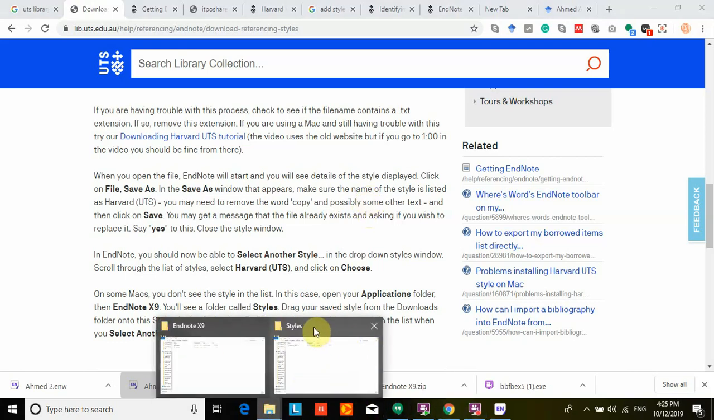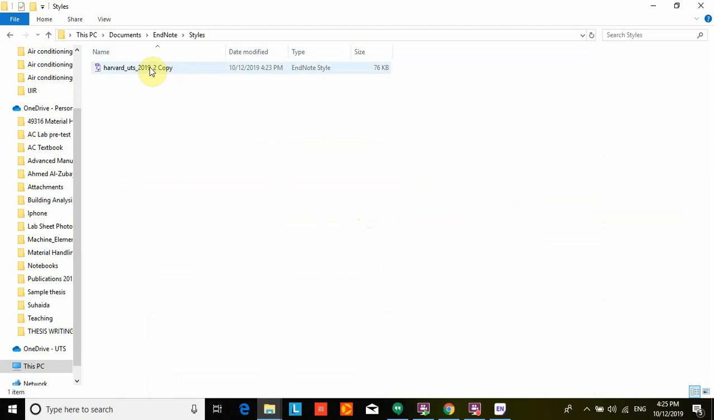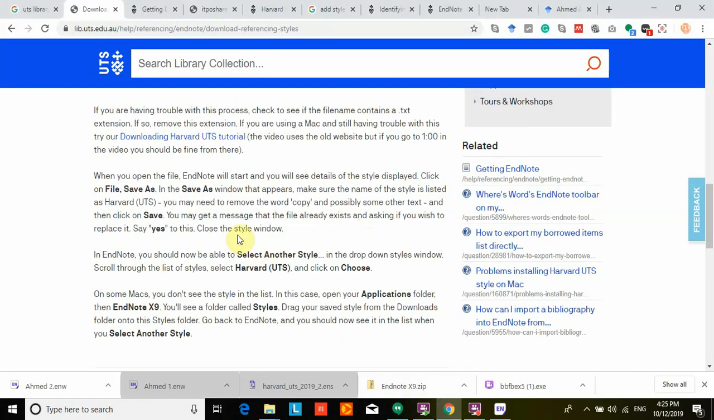So I will go to the folder again. Well, I think this is very fine. So once again, the name is meant to be Harvard UTS. Okay, so it's Harvard UTS. Copy that,